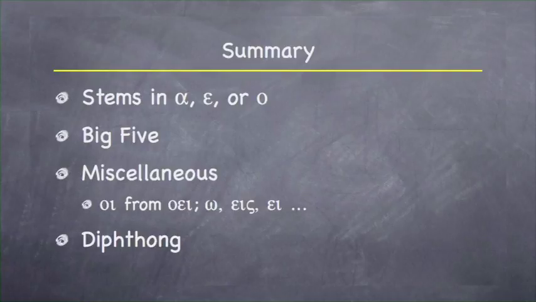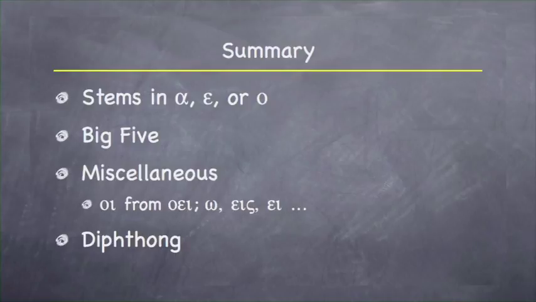Rules 4 and 5 are flip sides of the same rule, and it's whatever vowel comes first wins. So alpha is formed from alpha epsilon, the alpha lengthening to a long alpha. And eta is formed from the combination of epsilon alpha, the epsilon lengthening to a long eta. And then we got to the 3 kind of miscellaneous rules. Rule 6 is omicron iota is formed from omicron epsilon iota, and you get plērois and plērói. Rule number 8 was that we're dealing with the full personal endings, ō, eis, omen, ete, ousi.